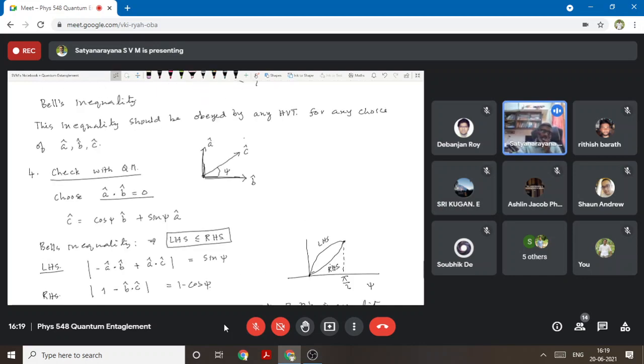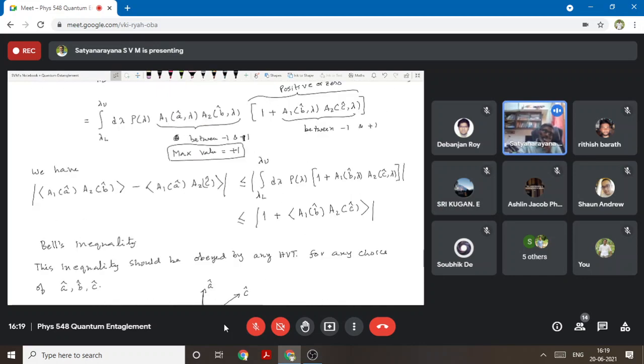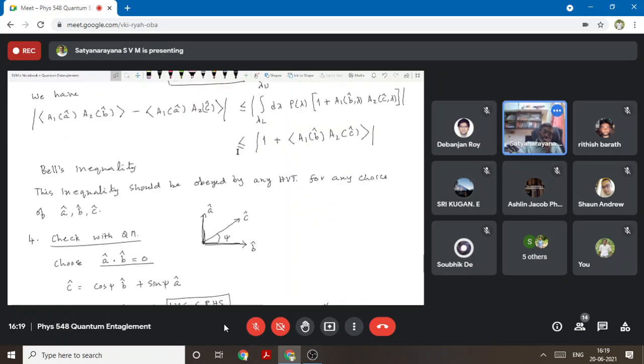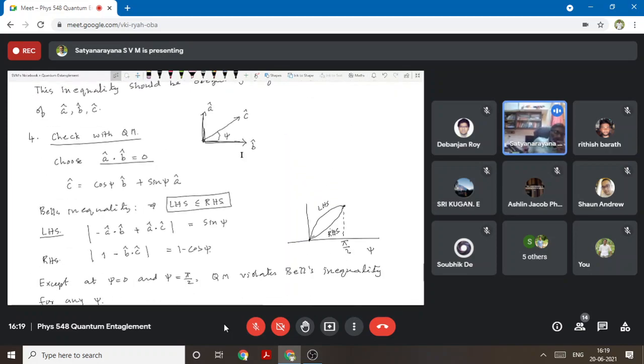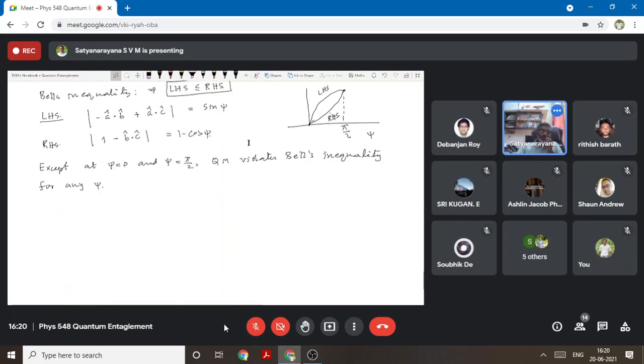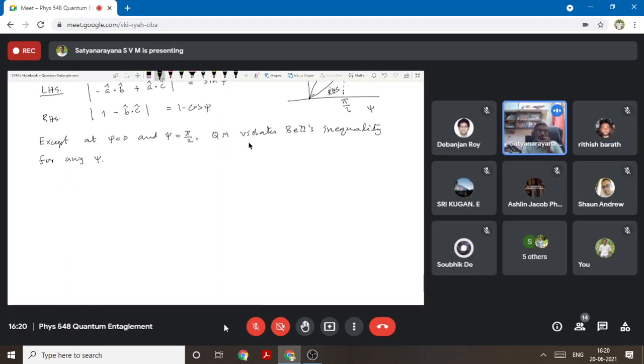Of course, this entire discussion is because all this derivation is with respect to the singlet state. That means even if there is one particular state for which Bell's inequality is not obeyed, any theory in which such a state can be realized or exists or can be described cannot be completely described with a hidden variable theory. So that is the conclusion. The conclusion from Bell's inequality is that quantum mechanics cannot be replaced by a hidden variable theory.